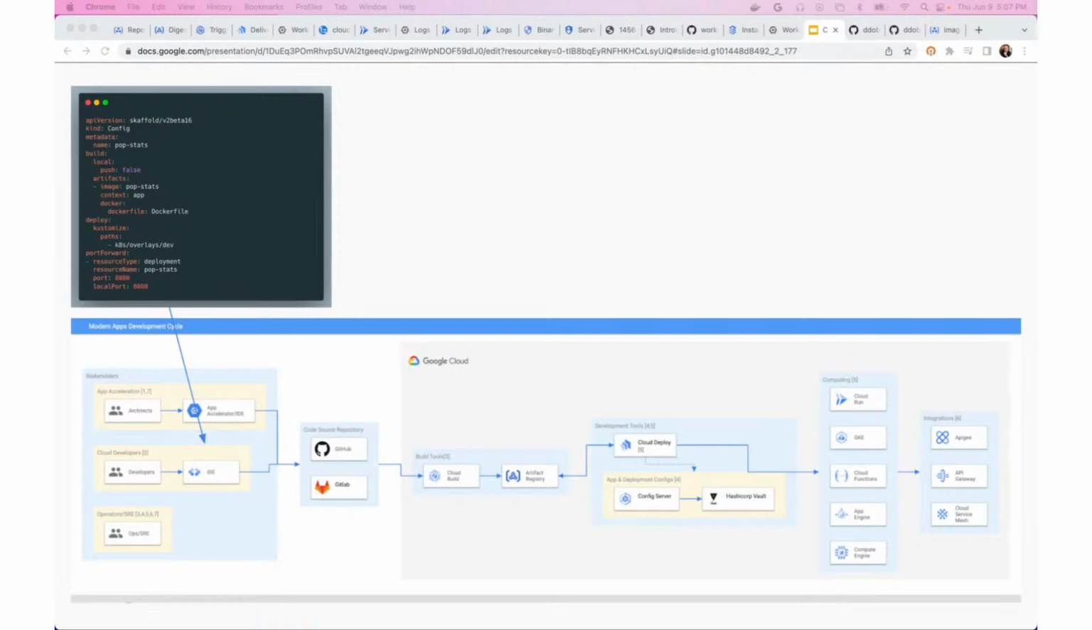Architects would build accelerators. These accelerators are artifacts which could be broken down into three areas: the development side, the environment side, and the infrastructure side. For developers, they could be provisioned in GitHub or GitLab, any source code repository. Now, developers, which are the focus of our session,